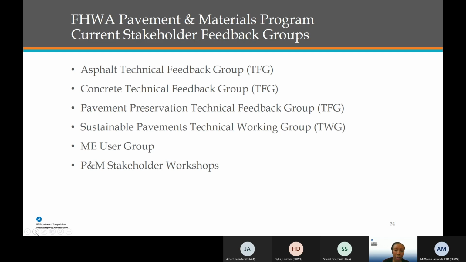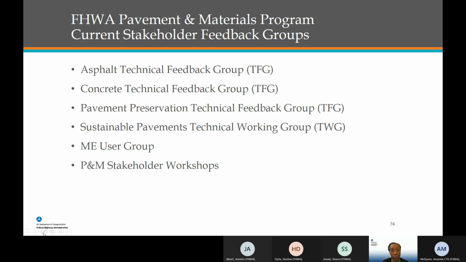And then lastly are our pavement and material stakeholder workshops. These are not held on an annual basis, but I would say every 2 to 3 years, Federal Highway brings folks together from, again, all of those key stakeholder groups to talk about our whole program. The last one was held in October of 2019, where we brought about 20 external stakeholders together.